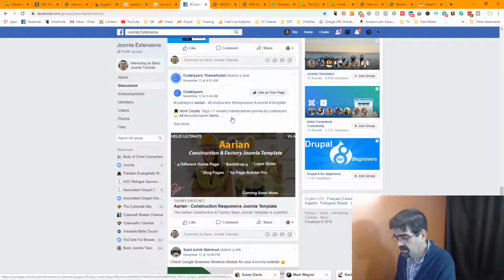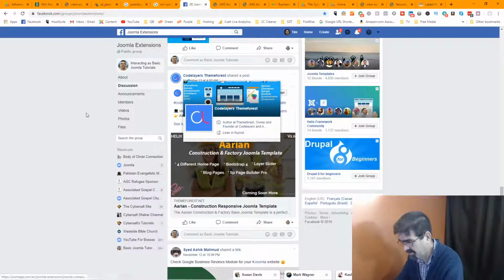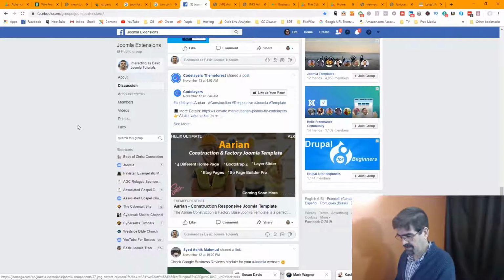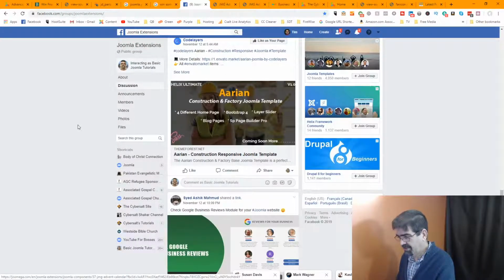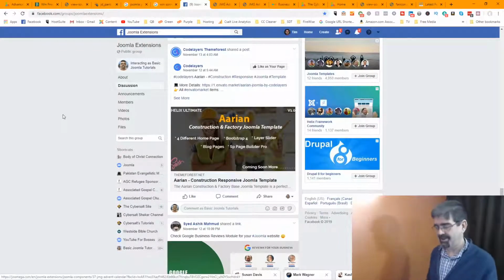Okay. Here's a new theme from Code Layers. They're not supposed to put themes in here. And I possibly think that maybe it's not good to name a theme Aryan. Not spelled the same way, I don't think, but just the same. You might want to avoid the term Aryan